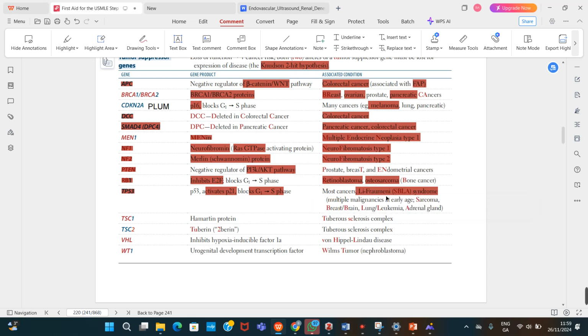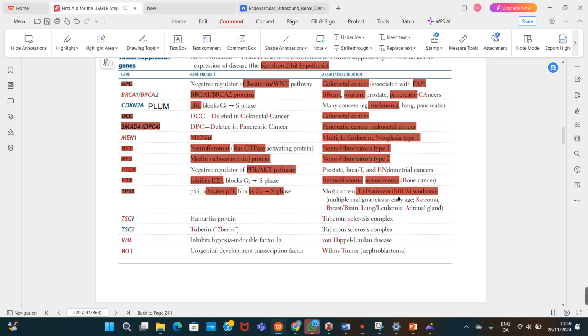So Li-Fraumeni syndrome, otherwise known as the SBLA syndrome, which includes S for numerous sarcomas. Say there's a family history of SBLA. The mother is having sarcoma, the younger sister is having B, which is breast or brain tumor. The brother is having lungs or leukemia, and the father is having adrenal cancer. So with family history of any of these things, you know that SBLA is what they are testing you on, and the gene involved is the one coding for